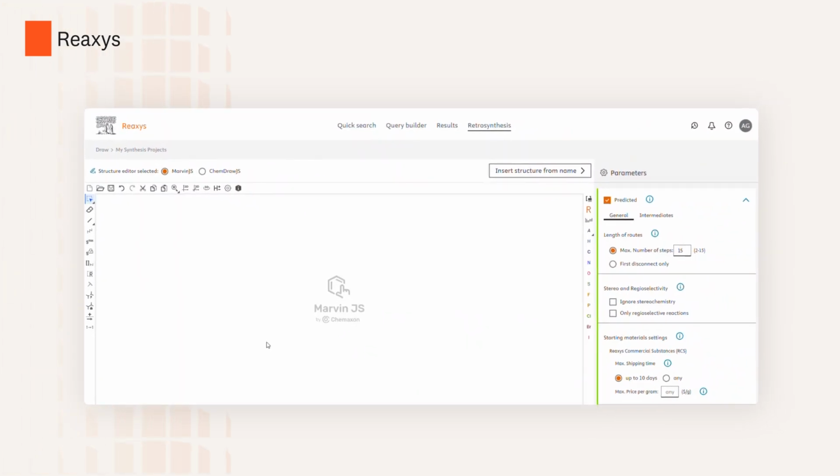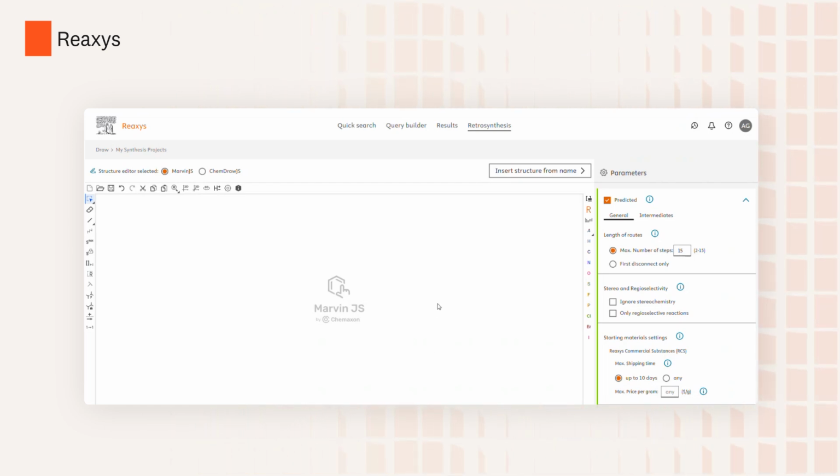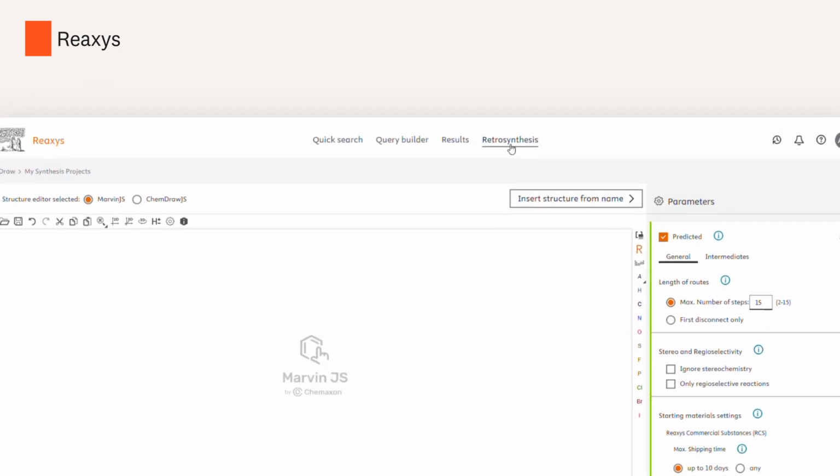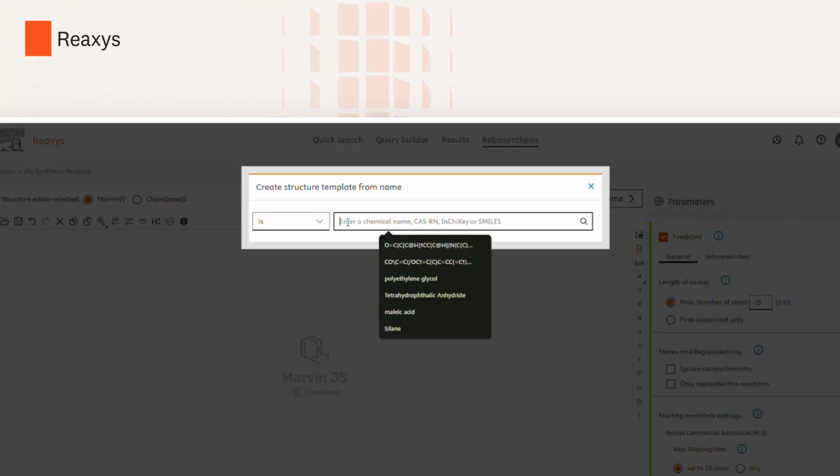I am interested in looking at KRAS as a target for cancer treatment. We've identified our scaffold, and now we've identified a structure that we're interested in looking at the preparation or reactions of. I'm going to use the retrosynthesis tool in Reaxys to look at this information. I'm going to insert a structure